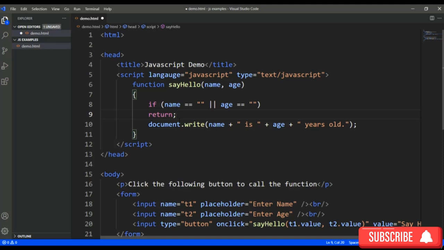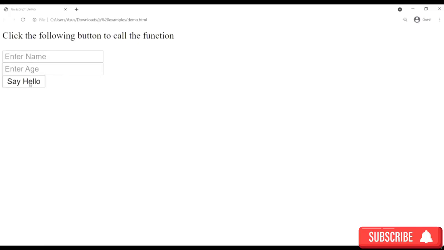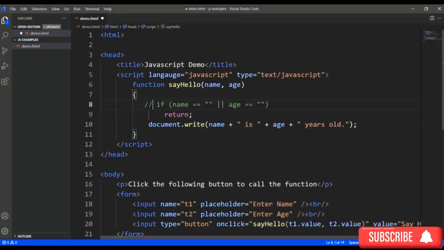If you want, you can specify any value as well, like return false, return true, or if any particular processed value you want to return, you can return anything. But here I just want this particular statement to only execute when both the text boxes are filled. So let's execute it now. If I say hello, you see nothing is going on. All right, but if I comment these two lines